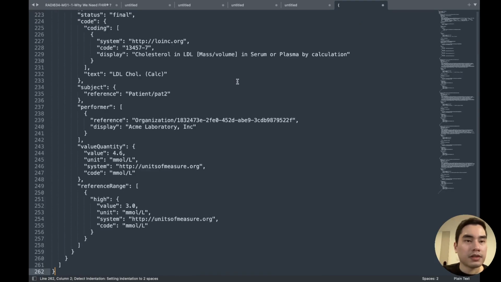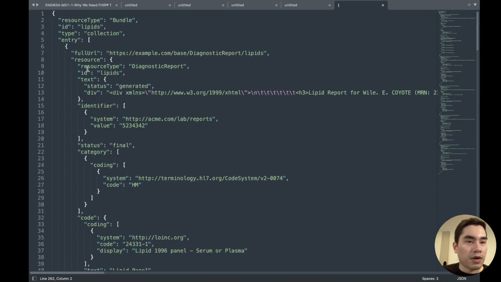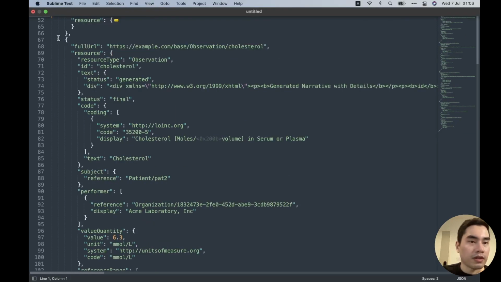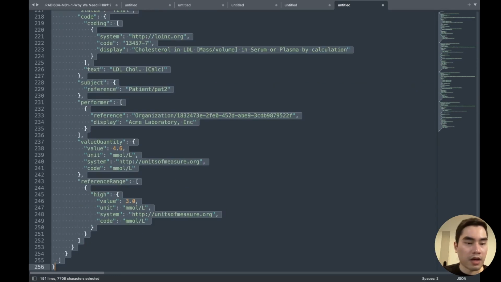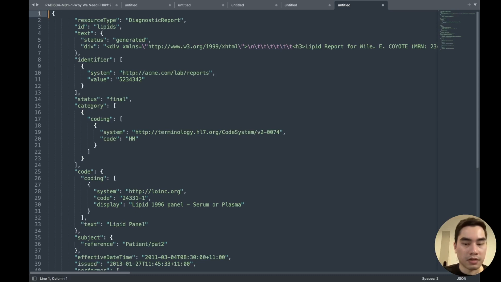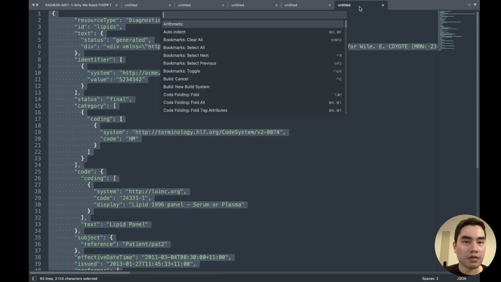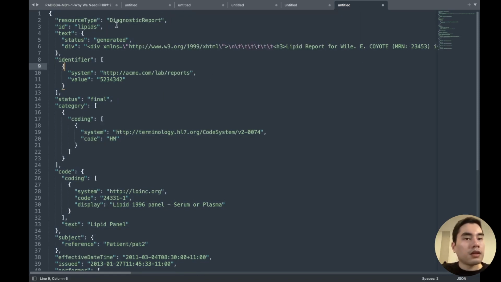And because it's a bundle, we need to get only this thing, and the other things we remove, down to here. Oh, JSON format. Okay, so we get the diagnostic report.